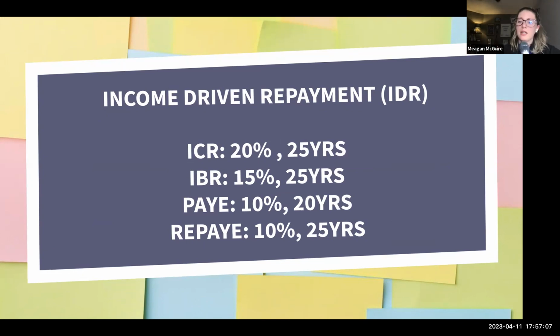But they also want to make undergraduate loans based on 5%, not 10%. And if you have kind of a weighted, like you have some graduate loans, some undergraduate loans, you'd have the undergraduate loans charged at 5%, the graduate loans charged at 10%. So the plan overall could be a lot cheaper per month. And like I mentioned at the very beginning, it could allow you to exclude spousal income.